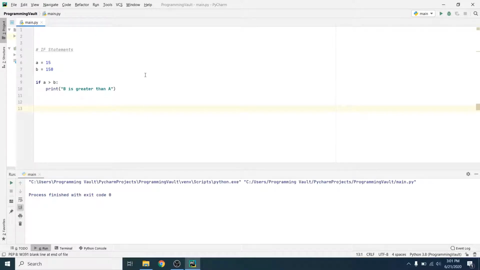So let's talk about that. How do you do that? So we could say if A is greater than B, print A is greater than B. But we also want to, if that's not true, we know that A is not greater than B, so we want to print that. And the way you do that in Python is with an else statement. So it's known as if else. So we can say else